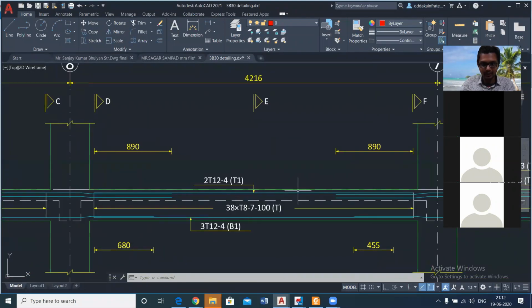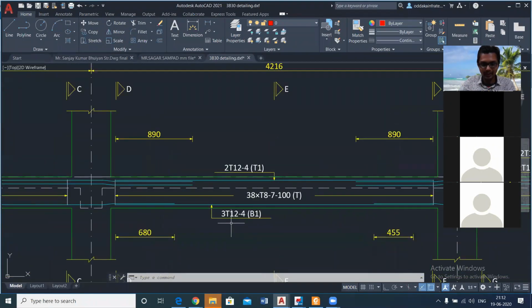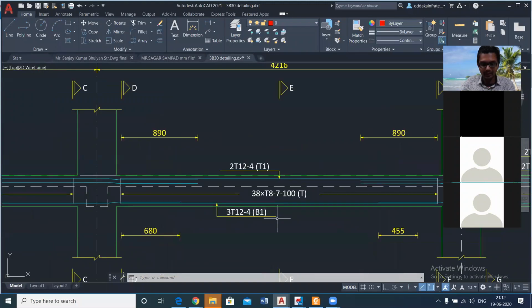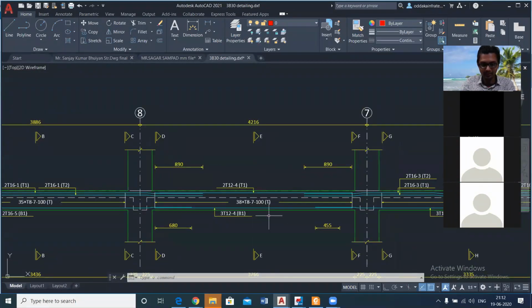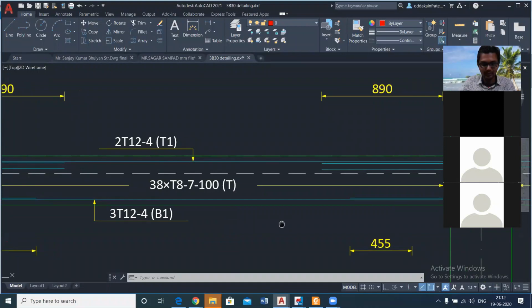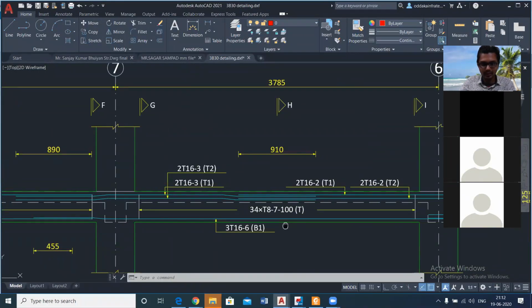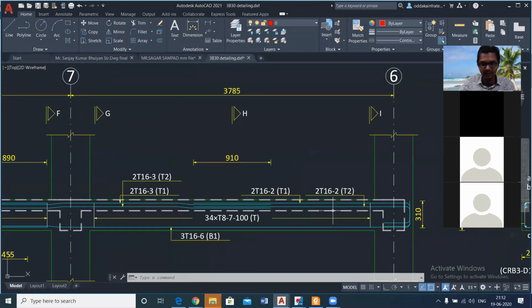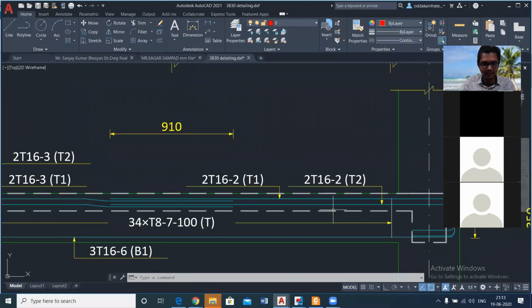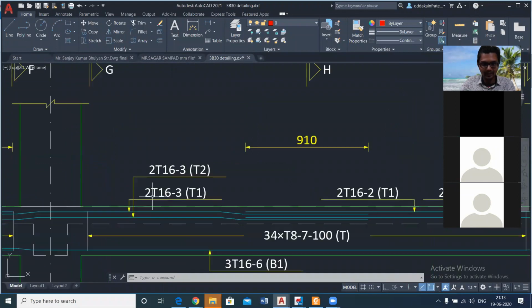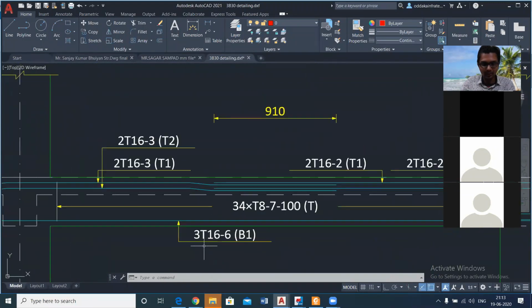We have the 12 mm bars at the top as well as at the bottom. As you can see here, these are different at the various sections. So in this section we are discussing the 16 mm bars at the top as well as at the bottom.